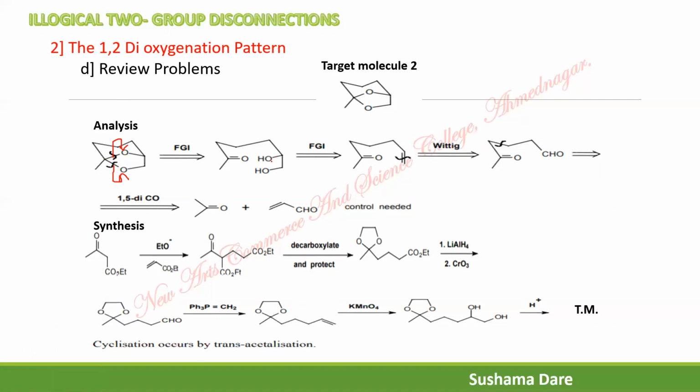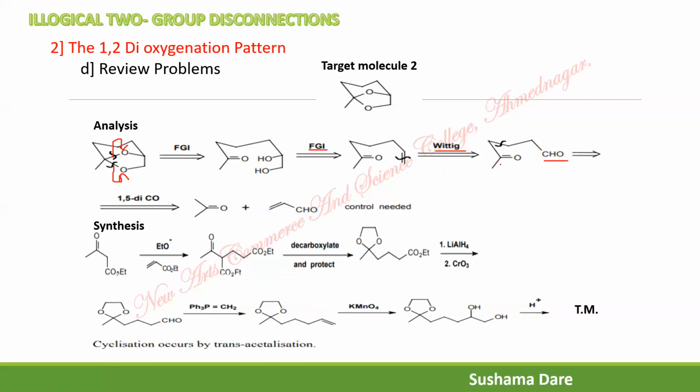Next, how do you get a diol? Diols are obtained by the oxidation of the double bond. Therefore, FGI: you remove both the hydroxy groups, and instead of that write down the double bond. Now, how to synthesize the double bond? As it is not part of a ring, we can go with the Wittig reaction. So you simply write down the double bond O here, and the Wittig reagent is CH2=PPh3.